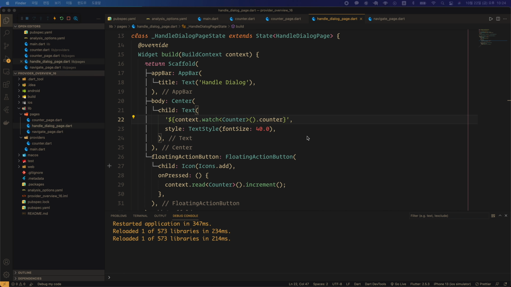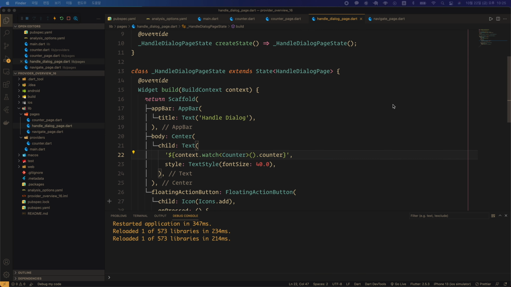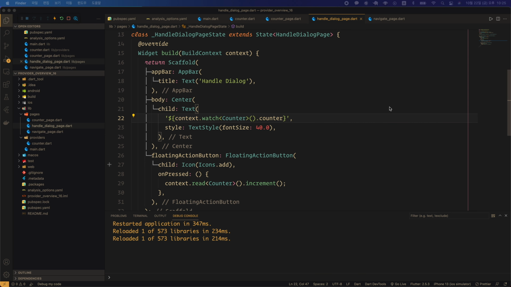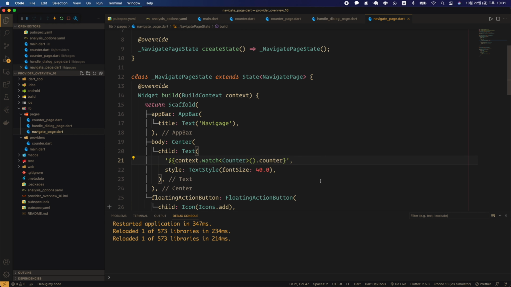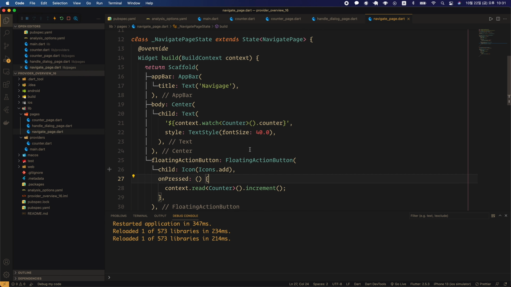What I want to do on this page is to display a dialog in any state and display the dialog when the counter reaches a certain number. So when the state reaches a certain value, the state value is displayed, but let's see what happens when a dialog is also displayed. And it is a NavigatePage widget, but currently the counter value of a CounterChangeNotifier is displayed in the center of the screen